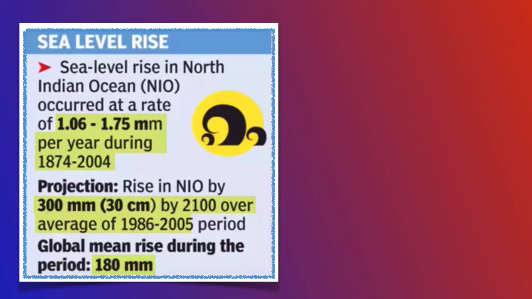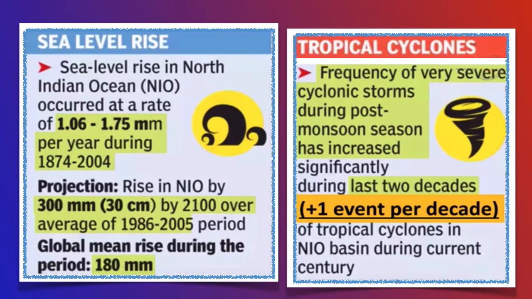Now let's look at tropical cyclones. We see there have been more severe cyclones, especially during the post-monsoon periods, with one additional every 10 years, thus making an additional 7 to 8 cyclones in the last 70 to 80 years. We are witnessing every now and then an increasing frequency of intensive cyclones. Almost every year we are seeing so many cyclones taking place from Tamil Nadu, from Odisha, and you are finding plenty of cyclones coming up every single year.